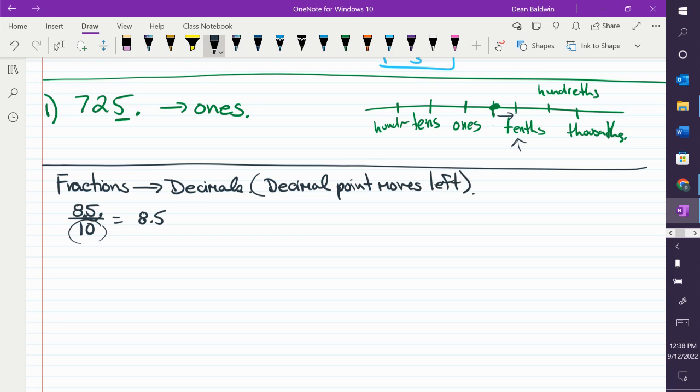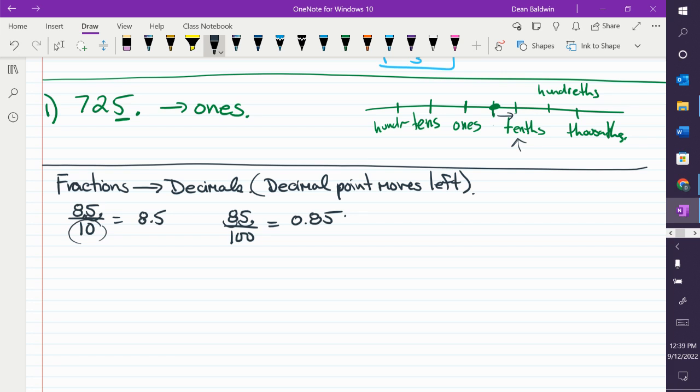Okay, next one. What if we have 85 over 100? So we'd say 85 hundredths. Where is a hundredth on the, what do you call this? Place value line. It's right beside the tenths, right? That would be the hundredths. So it's 2 points to the left, which means you move the decimal 2 points to the right. So what do we get? If the decimal's there, where's it going? 1, 2. So the answer is,